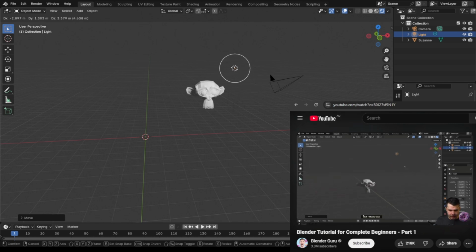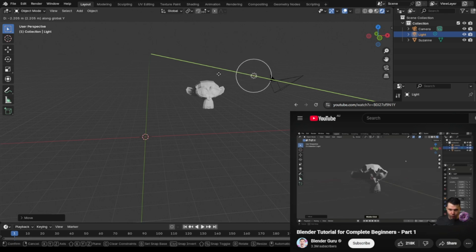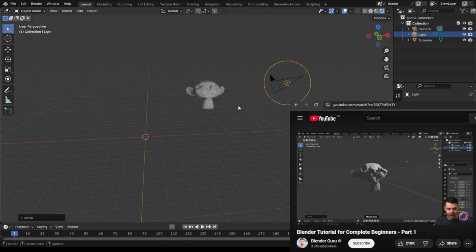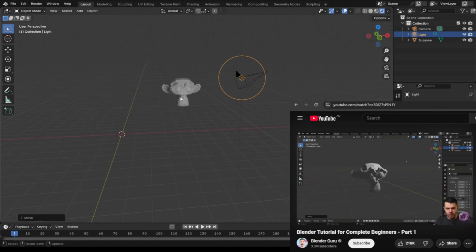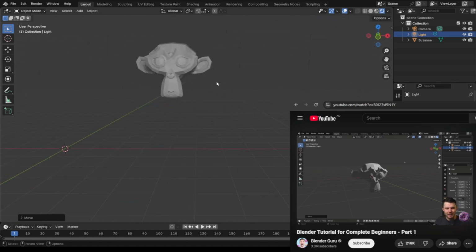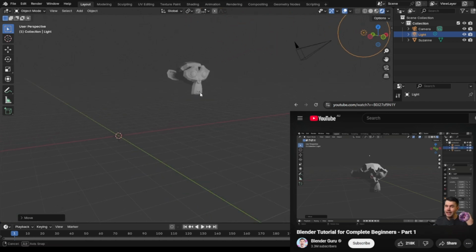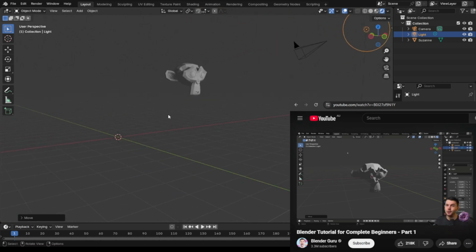Now let's say as I am moving around here, I'm like, oh, this looks really good. I've got some nice Rembrandt lighting across the monkey's face. I want to take a photo. I want to take a nice pretty image of this and post it on socials for clout, right? Well, I could take a screenshot of it, but that would be silly because it's got all these lines all over. It's all noisy, right? We don't like it. The way you take a pretty image in Blender is to do a render. So you could do that one of two ways, by going up to render and hitting render image, or remembering the hotkey, which says next to it F12. So when you do that,